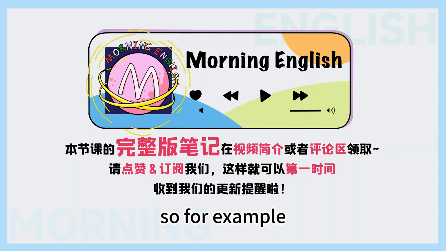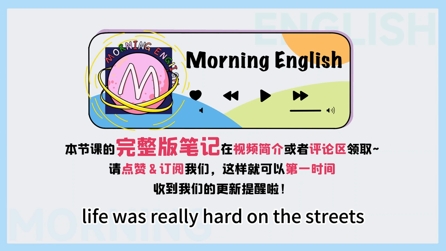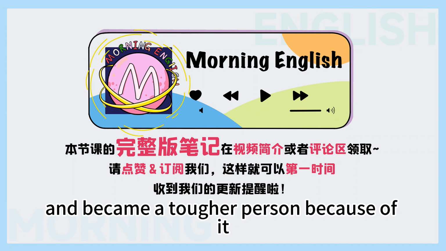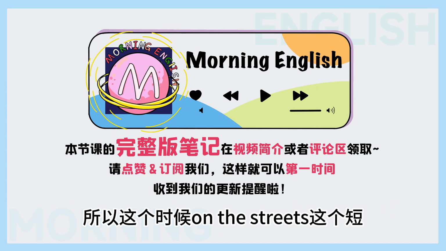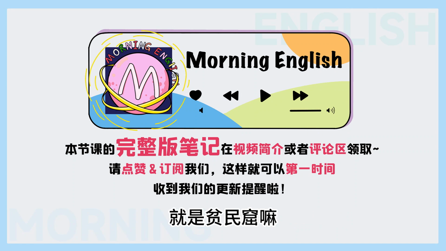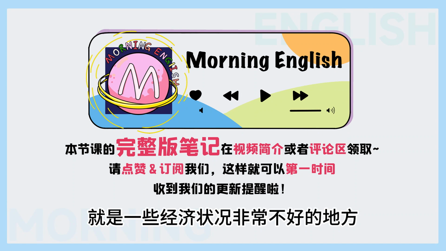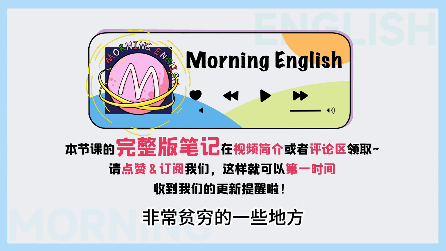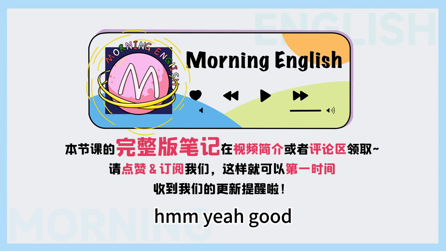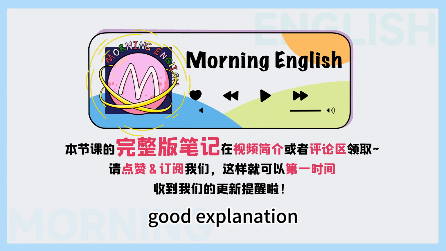For example, life was really hard on the streets, but I learned a lot of life lessons and became a tougher person because of it. 所以 on the streets 这个短语，就是表示经济状况非常不好、非常贫穷的地方。